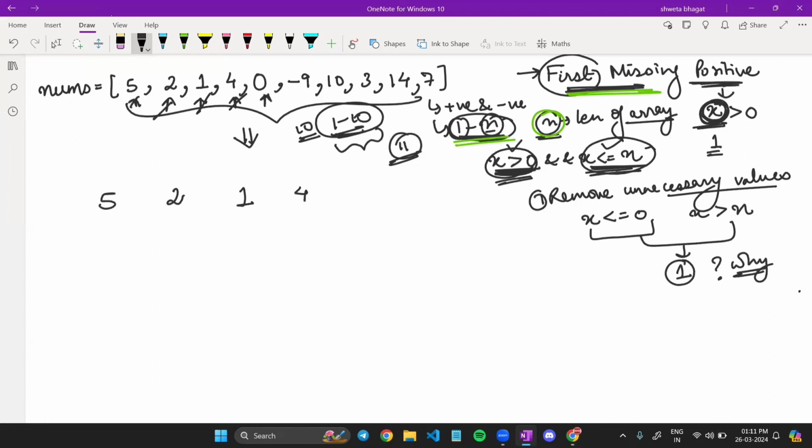Now we'll reach this 0. Now we can see that this 0 is not greater than 0. So it means it's an unnecessary number. So what we will do, we will turn it to 1. So it means that we have this over here, correct? And while doing this step,